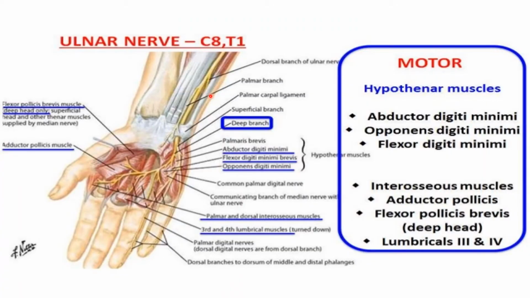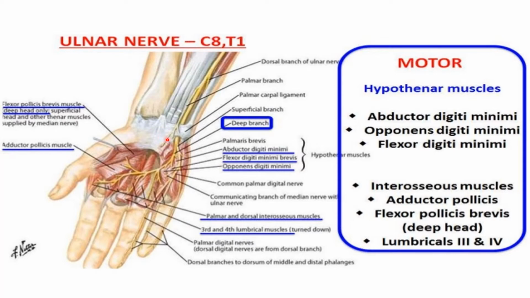So this is the ulnar nerve. It leaves the forearm by emerging from deep to the tendon of flexor carpi ulnaris, and it continues distally to the wrist via the ulnar canal or Guyon canal, which I already told you in the previous lecture. Here the ulnar nerve is bound by fascia to the anterior surface of the flexor retinaculum as it passes between the pisiform bone medially and the ulnar artery laterally.